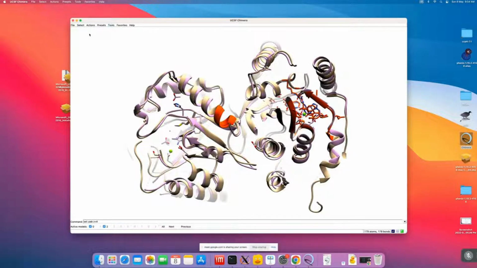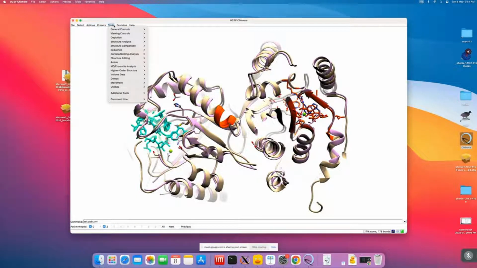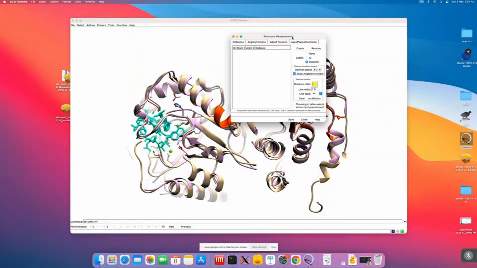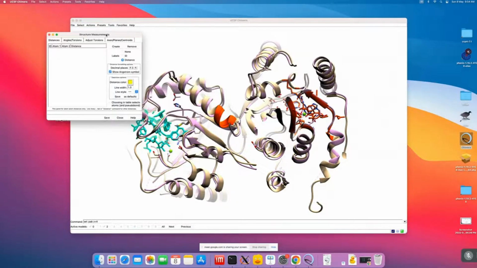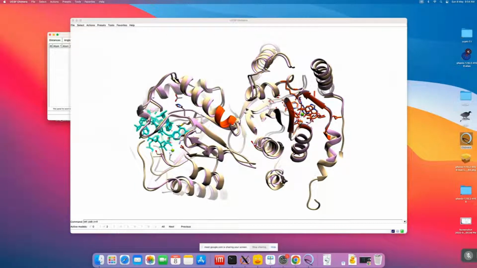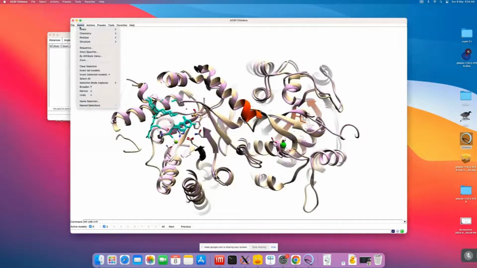Now, if you're interested in looking at the distances between two residues, you just go to Tools, General Controls. The command line will also be there. There's a command for distance as well. But it's better to do it from the viewing controls. So you just go to Structure Analysis, and you can click on Distances. One window will pop up. And now you need to check which two atoms you want to consider. So you just select all,